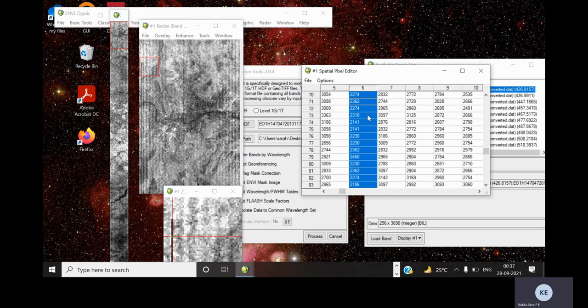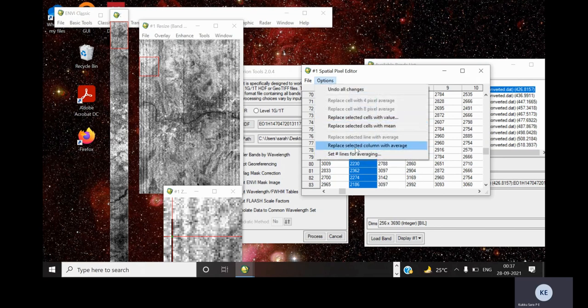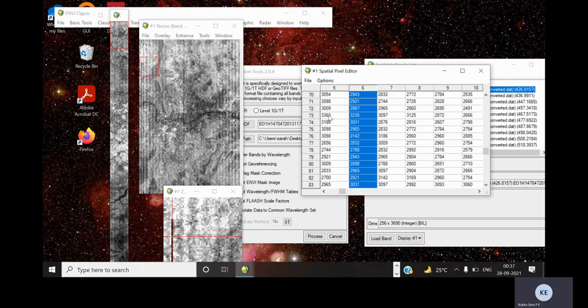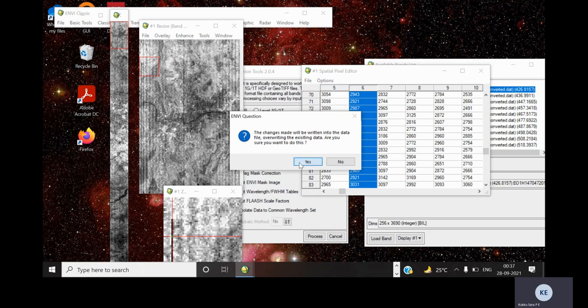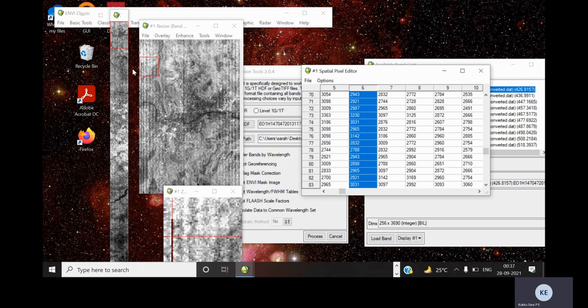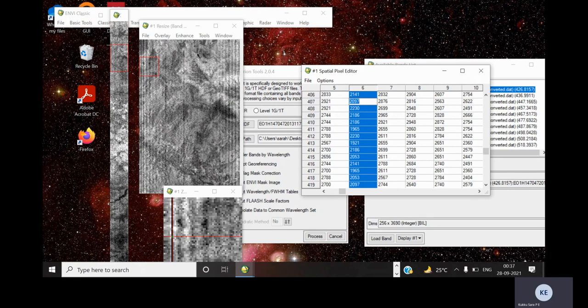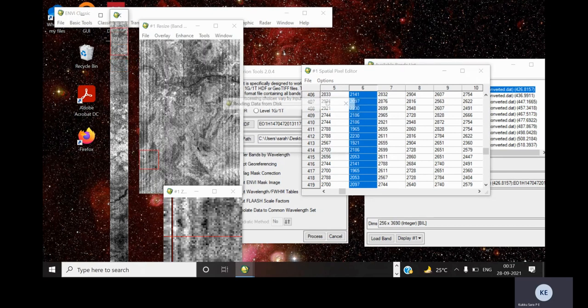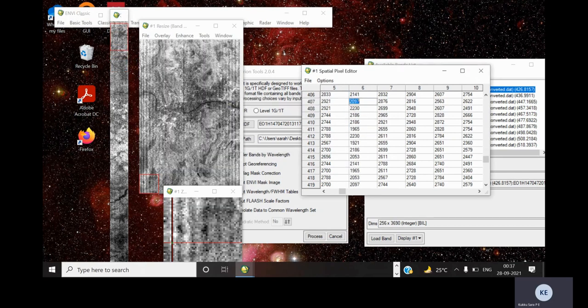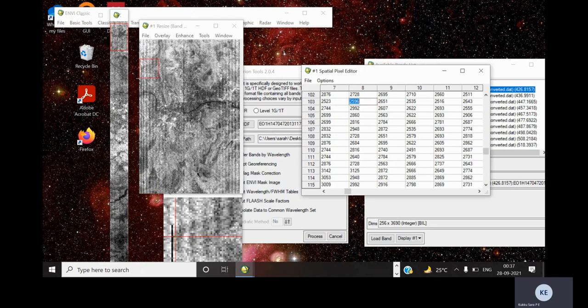Again select all the pixels in that particular column, then click on options, replace selected column with average, and from file, save changes to file. This will again remove the further vertical strips.